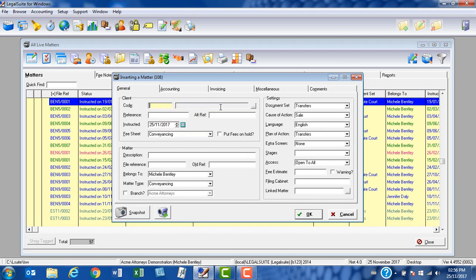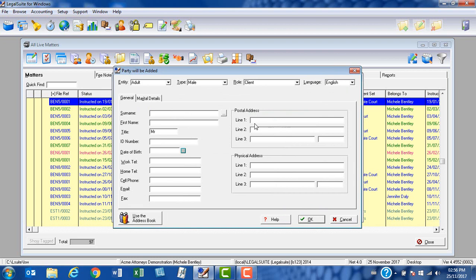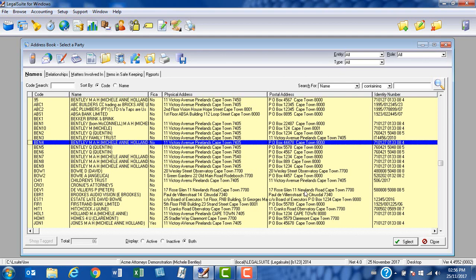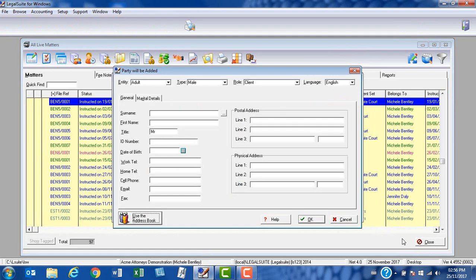Okay, so I need to select my client. So I click on the ellipse button, and I have the quick fill screen loaded. You can deactivate the selection and go straight to the address book, or click on Use the Address Book icon. Now, please note in the address book, I have pre-completed my seller, my buyer, my estate agent, and my selling estate agency. If you need any assistance with this, please have a look at our webinar on how to use the address book. Okay, so I'm going to select my client and click on the select button,